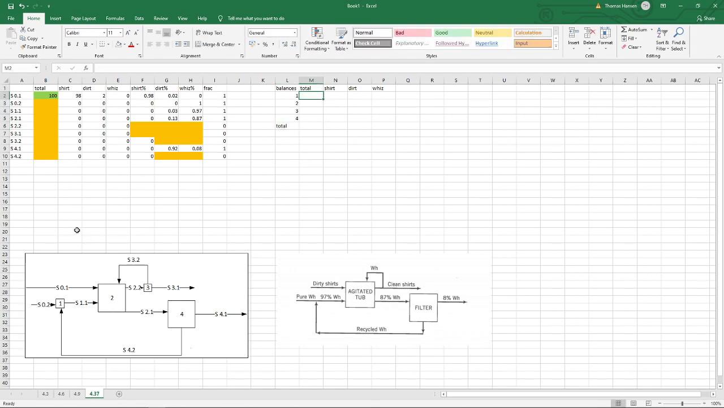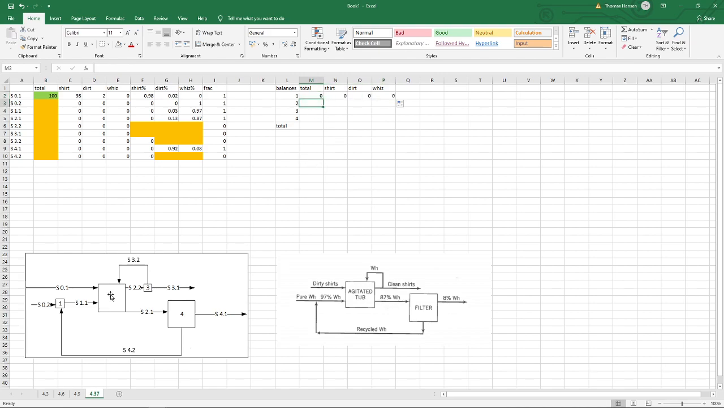And we will just say what enters our first unit. That would be 0.2 plus 4.2 minus 1.1. So if you look down here, you can see 0.2 enters my first unit operation, my 4.2 enters, and my 1.1 exits. So that's my balance in total, and I'll just drag it along for the other ones, shirt, dirt,